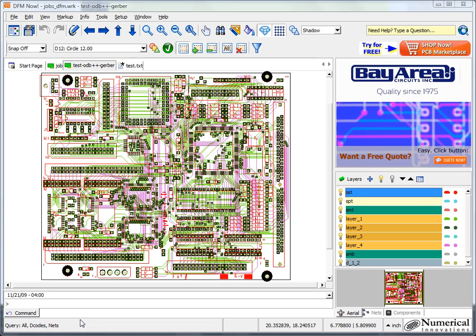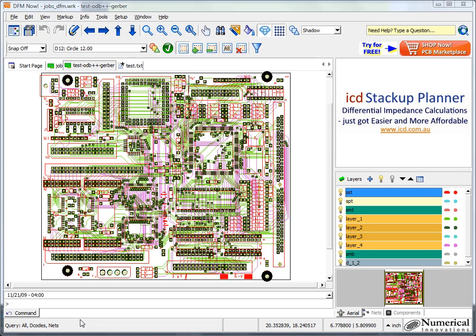The purpose of today's tutorial is to show the advantages of the DFM Now Shop Now PCB Marketplace. Now, one thing about DFM Now is that it's a completely independent CAM tool for being able to verify your printed circuit board designs and being able to use netlist extraction, DFM checks, and everything else of that nature. But one other wonderful feature that it does provide, and again, all these features are free of charge, is our